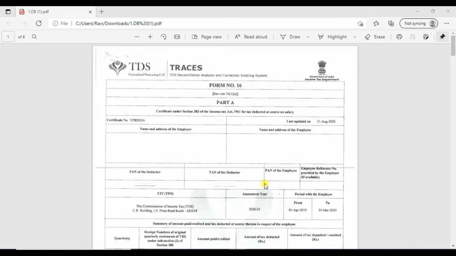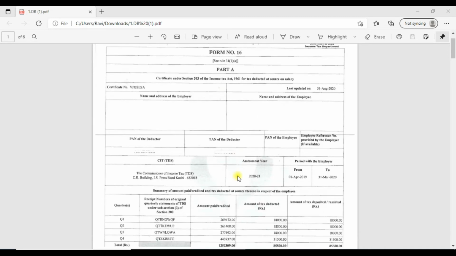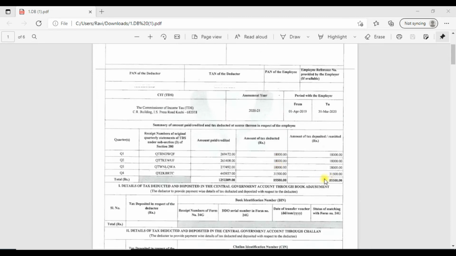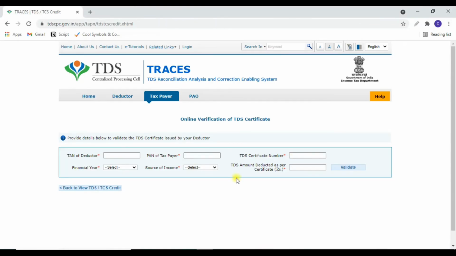Because I have blurred it, you cannot see, but otherwise all information is available in your Form 16 or Form 16A. Then you can even see the tax deducted also. So basically whatever information you require to verify your TDS certificates, you can get it from your Form 16 or Form 16A.